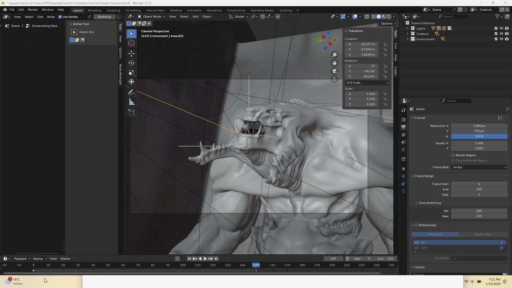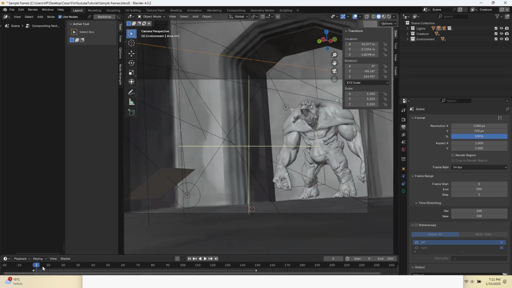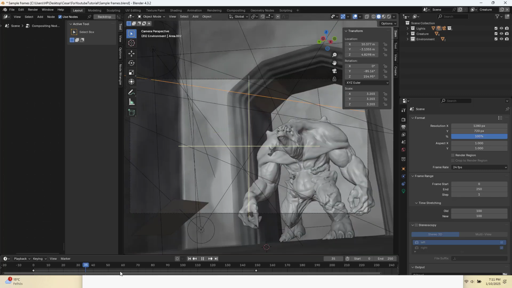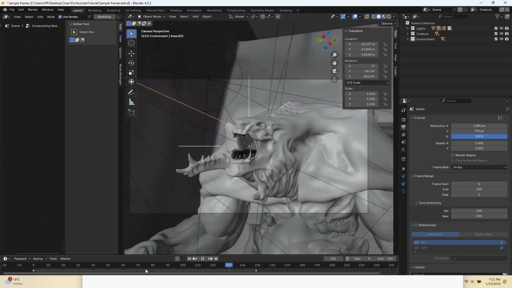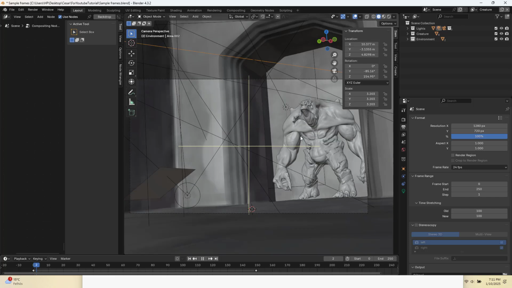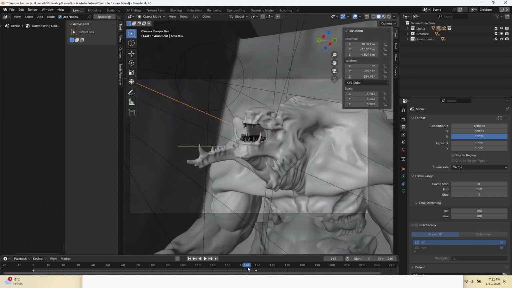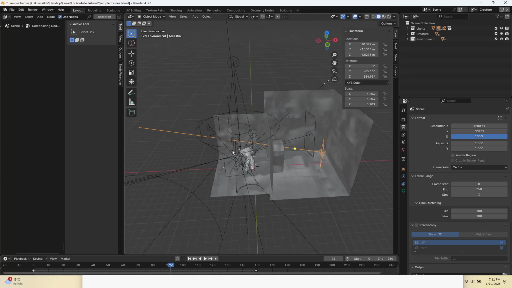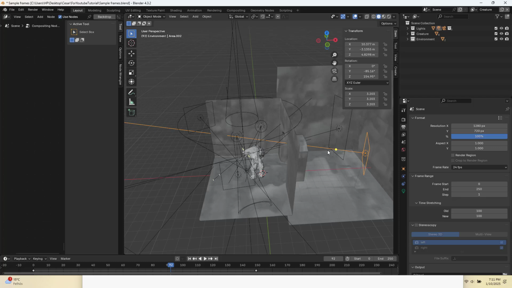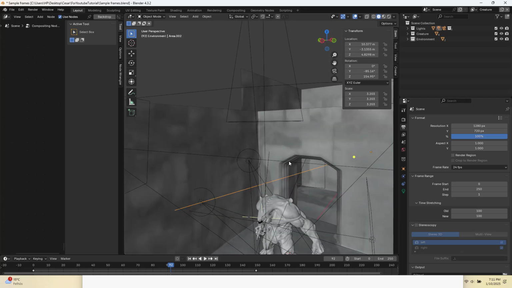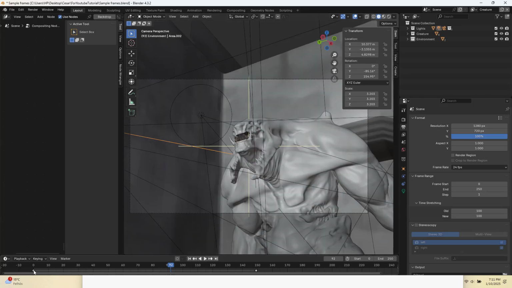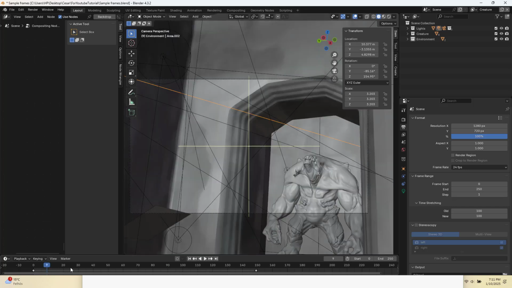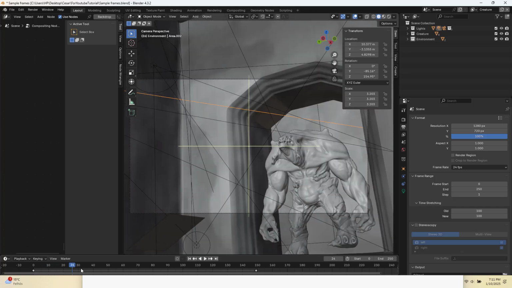Hello, in this video I'm going to show you how to render only reference frames for a long sequence like this one. In this example I have one character that is coming from a room to right in front of the camera, and it has a light rig with several lights outside the room and inside the room. So I want to have a preview of how it is looking, but I don't want to render the